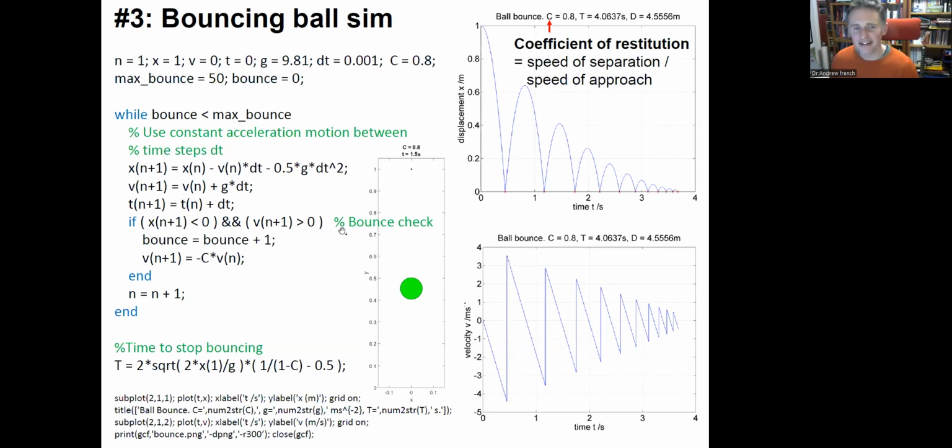Would you like to quickly just explain what DT is? Sure, yeah. What I'm doing is stepping through time in this simulation. If you have a look at the graph, it looks really smooth, doesn't it? This is the height of the ball versus time. I've got these lovely inverted parabola here. And this is the velocity time graph.